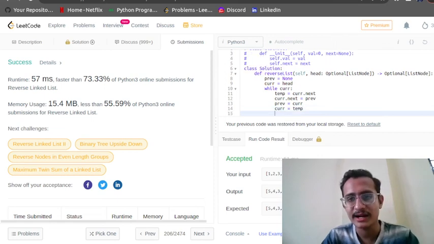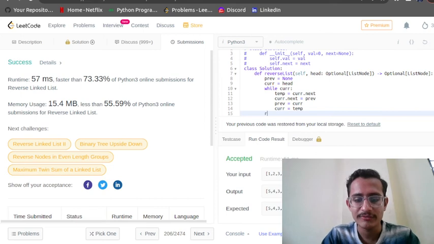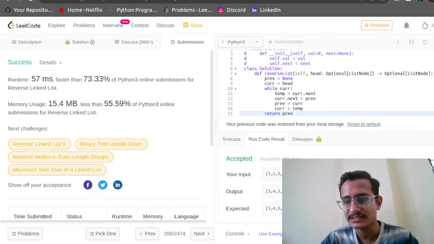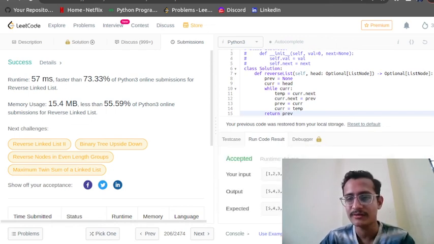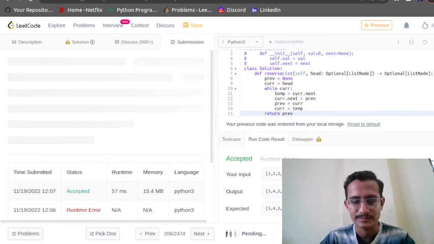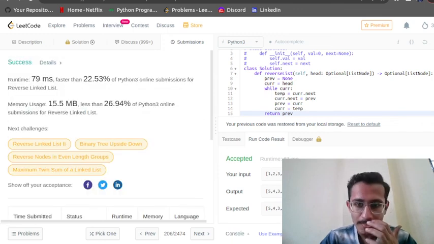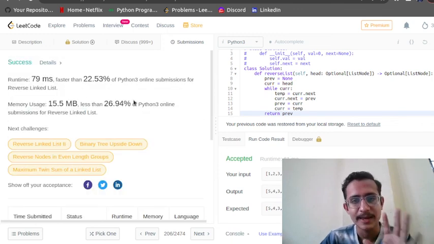Okay, so we are traversing the entire list. Now we will return previous. Only this much code is required, and I think it will work absolutely fine without any kind of extra space. Okay, as you can see, this is working absolutely fine.